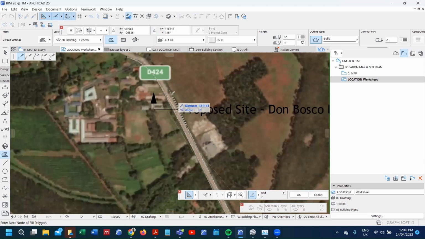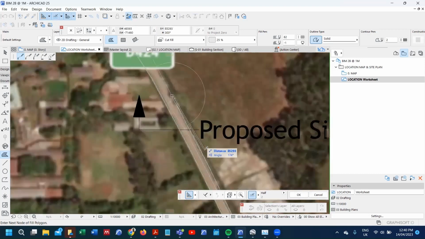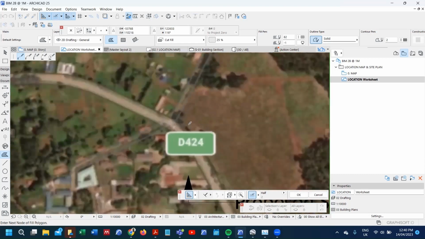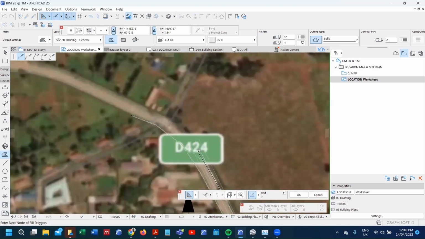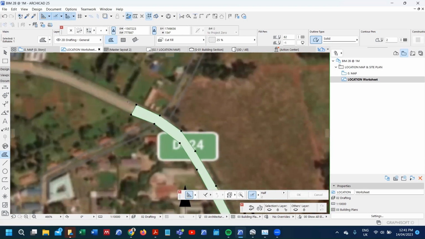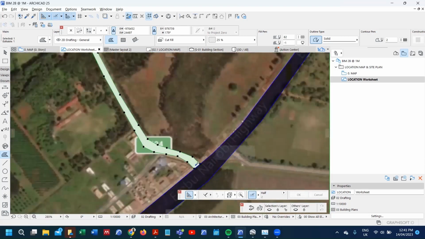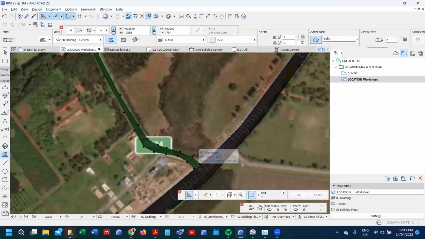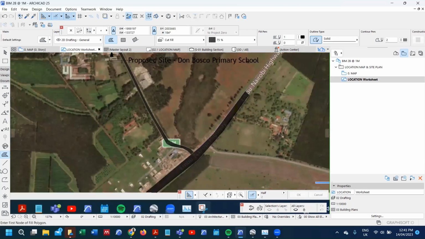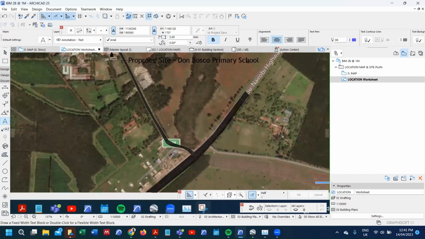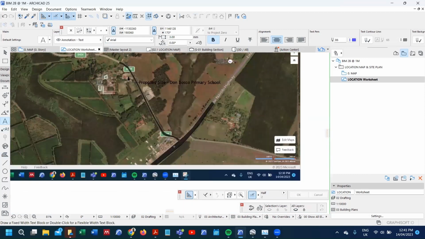I've said mine is not so perfect. I expect yours to have some level of fineness, despite you doing it maybe for the first time. So you'll handle your roads that way. So I've just done a portion of the road. You label these roads using the text tool. So like this one is